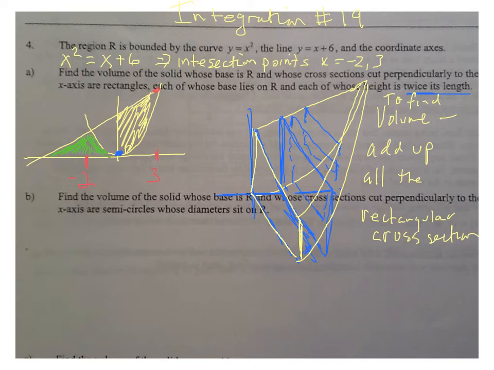So the area of a rectangle in general is the base times the height, or the length times the width. And in order to add them all up, I have to go from where my intersection points are, and those are x values because my widths are dx's. That's a dx width in there. So my x values go from 0 to 3,